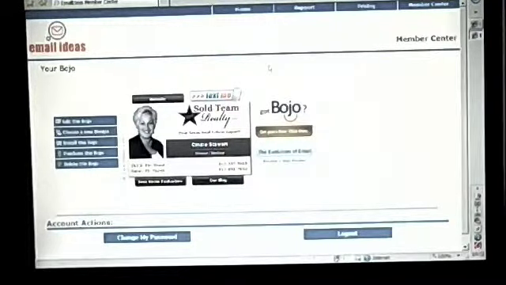And we're going to talk about a new way to put your business card on the bottom of your email. It's called a Bojo, and this is also a free service. There is an upgraded version which you can pay for too. We use the free service, which will then obviously have these advertisers on the side. What you want to go to is